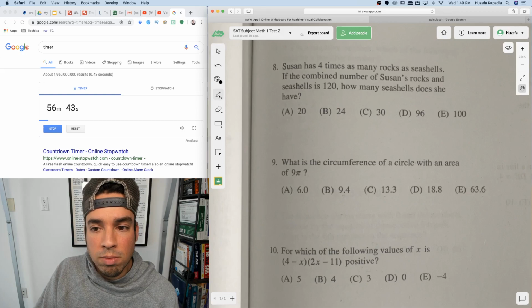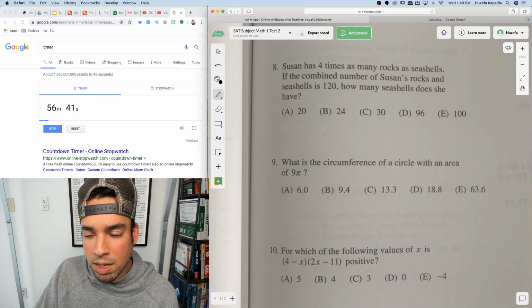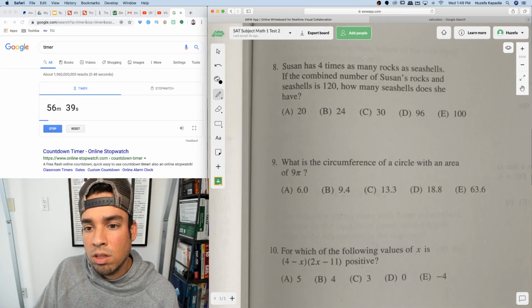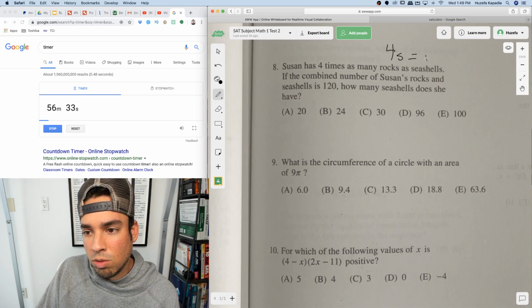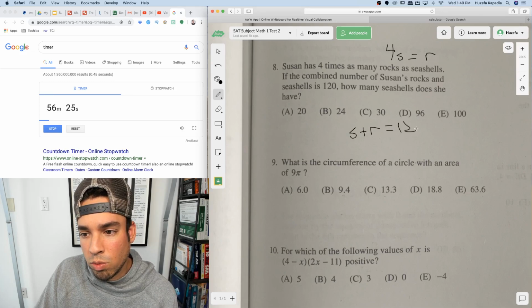Susan has 4 times as many rocks as seashells. If the combined number of Susan's rocks and seashells... 4 times as many rocks as seashells. So 4 times the number of seashells equals the number of rocks, right? And then it says, if the combined number of Susan's rocks and seashells is 120, trying to find, so then